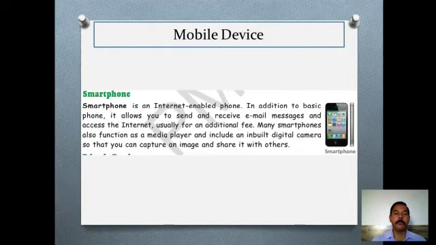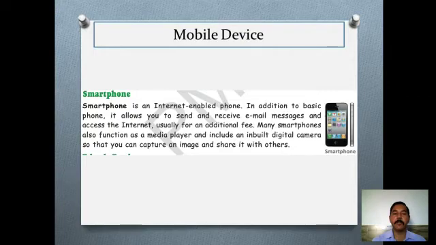Smartphone. Smartphone is an internet-enabled phone. In addition to basic phone, it allows you to send and receive email messages and access the internet, usually for an additional fee. So if you want to use internet on your mobile, you have to get it recharged.